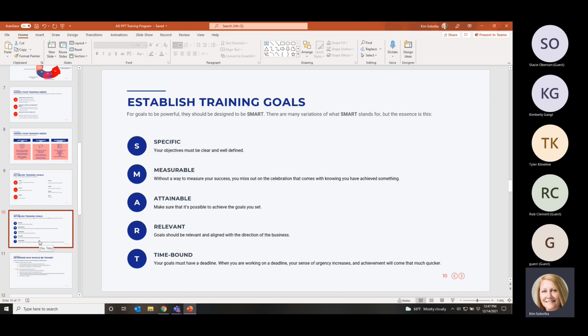So measurable can be through even little question and answer sessions at the end of your training. Measure how well your team is doing. Maybe if they're non-conforming and they keep non-conforming on the same issue, maybe you need to change the training material. So it's got to be measurable. Attainable. Make sure that it's possible to achieve the goals that you've set. If you set a goal of having training every week and then you only do it once a month, that is not an achievable goal. So if you're going to set a training frequency, make sure it's something you can attain.